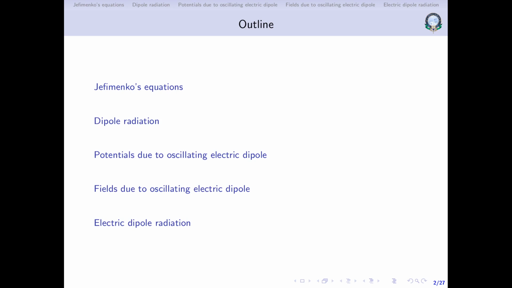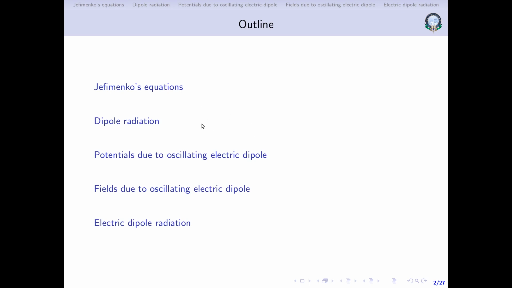There I had briefly touched upon the notion of radiation, the radiation field, which is a consequence of the acceleration of a charged particle. So here we will start with the concept of retarded potentials and then take it forward to arrive at Jefimenko's equations. Of course, I will not be doing the explicit derivation for this.